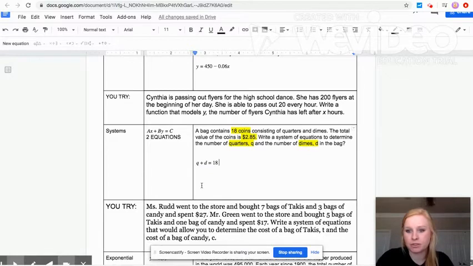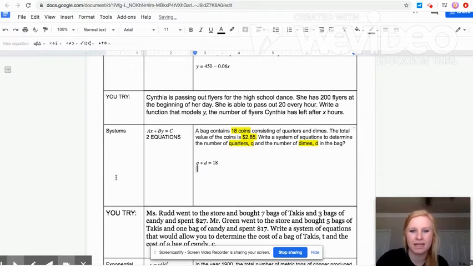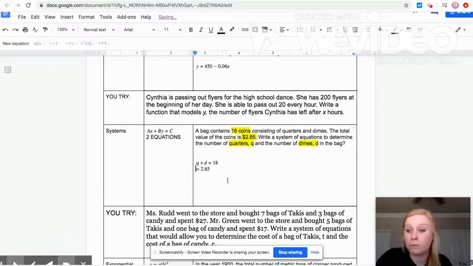So I have my first equation, but I know I have to come up with another one. So I'm going to hit enter. I'm going to come up here. I'm going to hit new equation. Okay, now this is where I have to think a little bit more. I know that we're talking about money here. We have $2.85. So I know it's going to equal 2.85. But what equals $2.85? Well, we know that money stays with money. So how much is a quarter worth? A quarter is not worth 25. It's worth